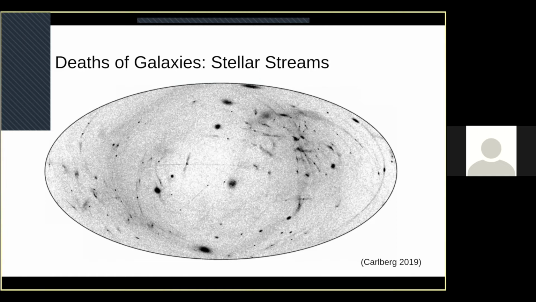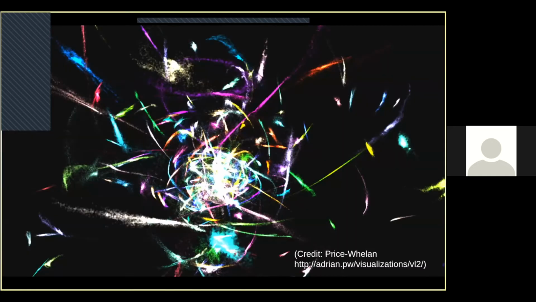But the great thing about simulations, and the thing that I really like about simulations, is that we're not constrained to look at them in the way that they would look in the real universe. So here's another view that I think is a little bit more compelling. This is also from a simulation. It's very similar to the others, but the author of that simulation, Adrian Price-Whelan, has made these objects much brighter so they stand out, just so you can see them. And then has also colored them in a bunch of different wacky colors. So pink and blue and green and orange and all this stuff.